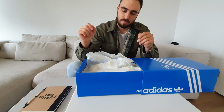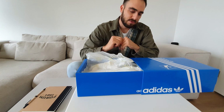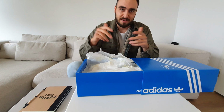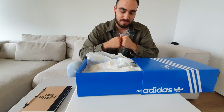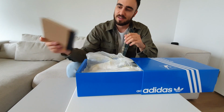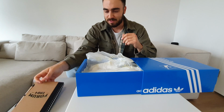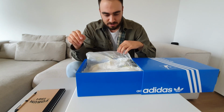This is, by the way, a pack inspired by, it's called the Varsity pack, which is inspired by high school stuff in the 80s. So that's why I guess they included a little notebook for taking notes and stuff like that. And taking a look at the shoes,